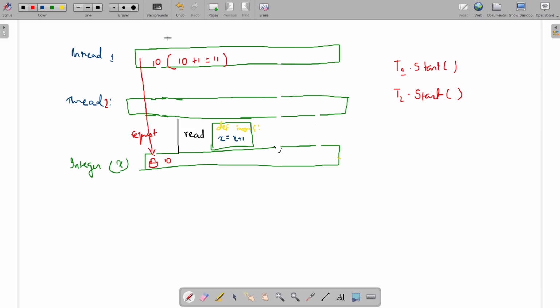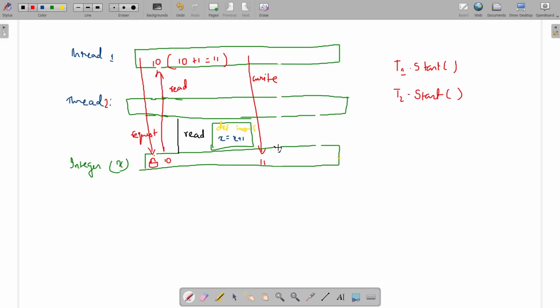Now it is not getting interrupted by any other thread, or you can say no other thread is getting executed at this time. So now this value was read, and now I will send this value to the global value. So I will do write. Now what is the final value? I have 11. This write has been done.